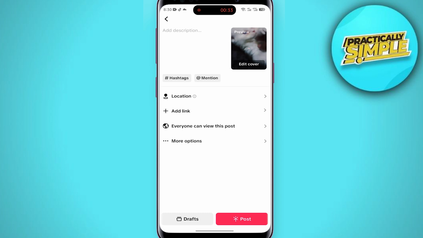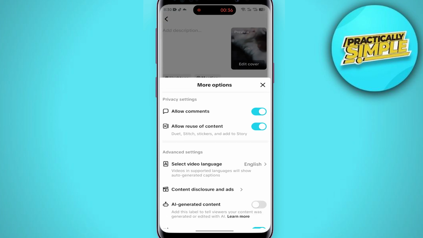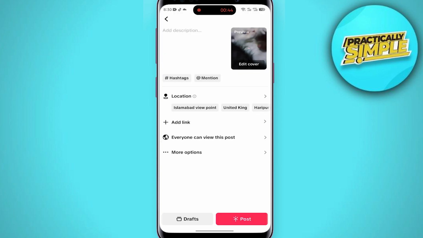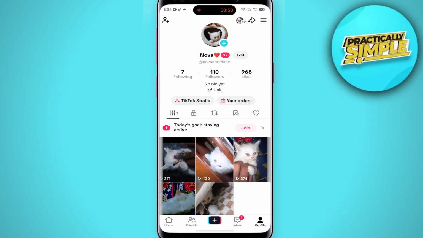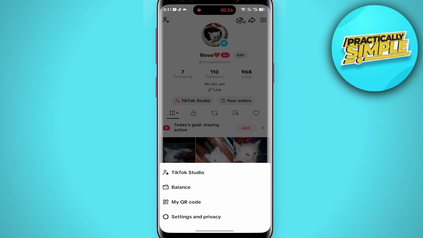Tap on next again. Now tap on this more option. It should show here the add link option. If it's not showing like me, you can enable it from settings. Close this and open TikTok again and tap on these three bars in the top right corner and go for